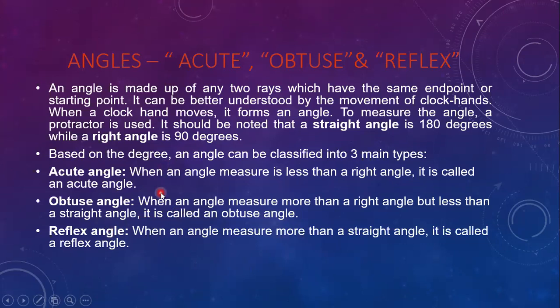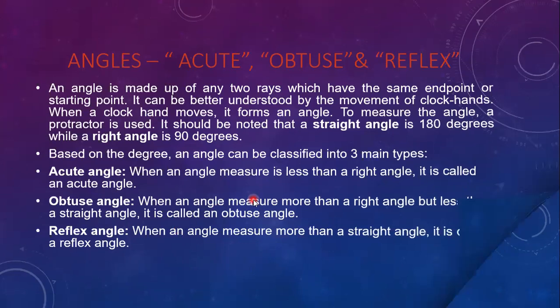So already these, obtuse angle, acute angle, right angle, all this we have learned in previous class. That means in 5th standard we have learned. So here one more new one we are going to learn now. Reflex angle. So what do you mean by reflex angle? When an angle measure more than a straight angle, it is called a reflex angle. So normally you can see in your protractor, you will have only 0 to 180 degrees. So reflex angle means it should be more than straight angle. So we know that straight angle means 180 degrees. So it should be more than 180 degrees, then it is called reflex angle. So these are the three types of angles based on measure.